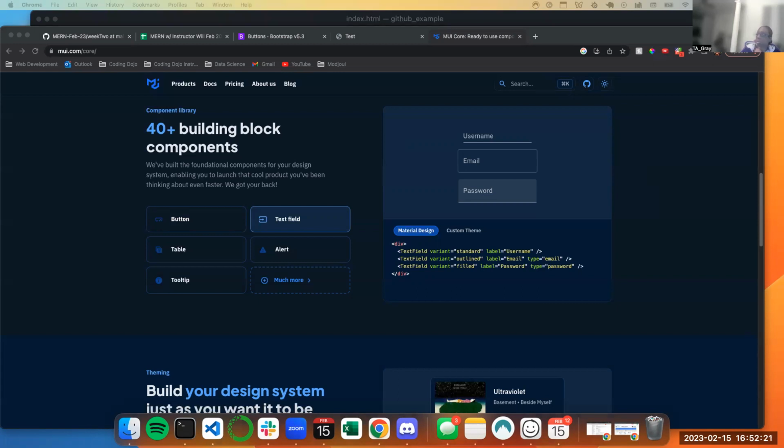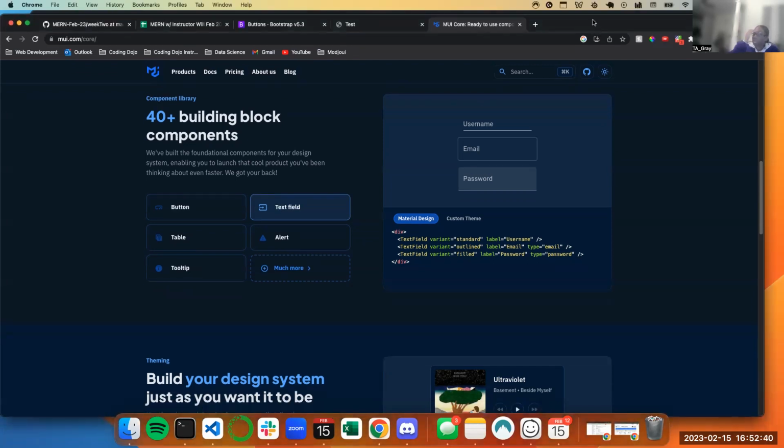For those who are gonna play with Bootstrap, there is a difference between React Bootstrap and Bootstrap. So Will showed you Bootstrap. So whenever you're looking up the documentation, just be mindful of that. I think technically they're all the same styles, but when you're using React Bootstrap or Reactstrap, it's slightly different